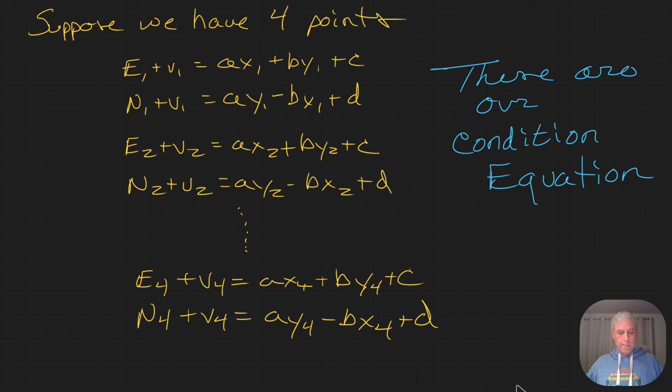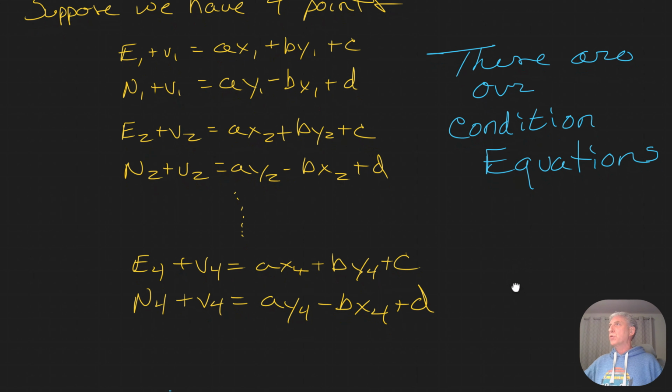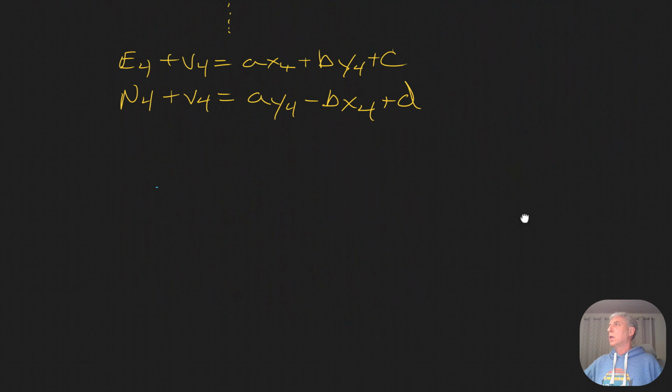Let's see. I want to finish what I'm writing here. So how do we put this in a matrix? What does the matrix notation look like? And I would invite you, even encourage you to pause the video and try to come up with what the matrix equation would look like. But anyway, I'm not going to wait for it. You can pause and try it if you like. But we would have, so remember we have 4 points